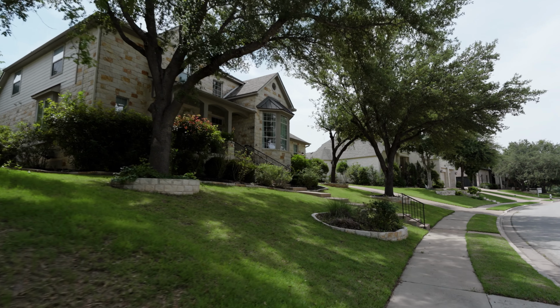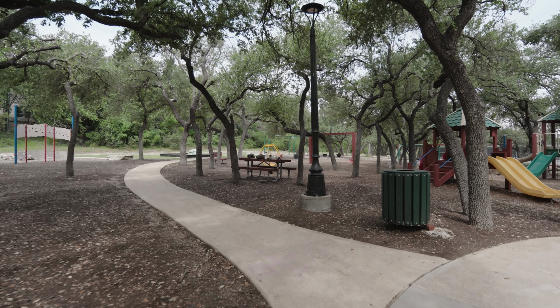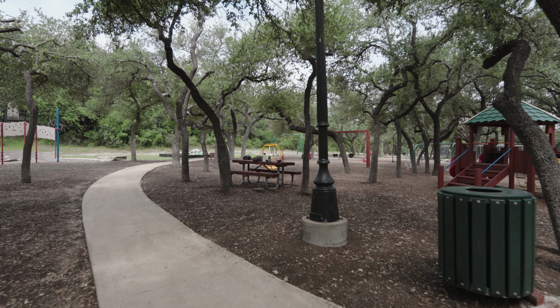And I've helped buyers choose this area because they wanted a place they could slowly update over time, or because they saw the long-term value in being centrally located with a layout that still works. So we're also in one of the easiest parts of Steiner to get into or out of. You know, we're just about a minute from Quinlan. You are walking distance to Steiner Ranch Elementary and some of the shopping. You've got quick access to both of the ways in and out of Steiner. So if you're looking for a way to get your start in Steiner Ranch, you don't want a big house, you don't want something that you got to do a lot of work on, this could be a great place